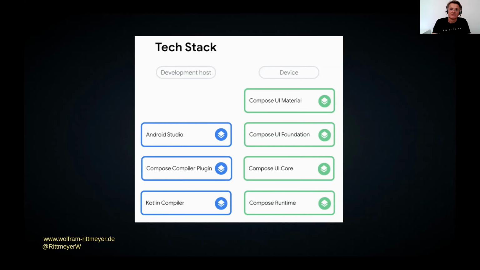Then we have the foundation of the UI with the most layouts, and also gesture handling, focus and click handling, which is done in modifiers. And on top of that, we have finally the material components, like, for example, the app bar or buttons or sliders, whatever.